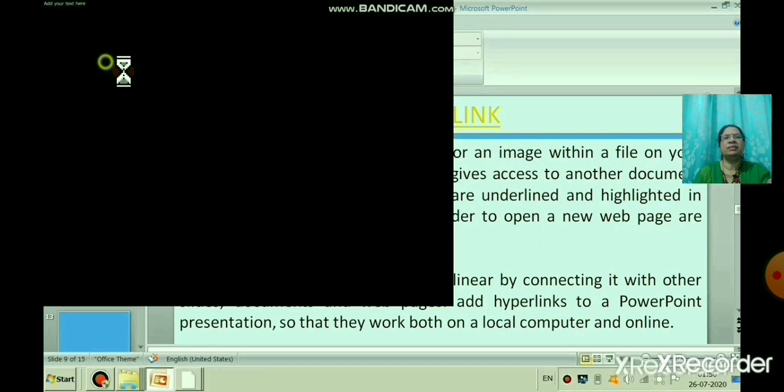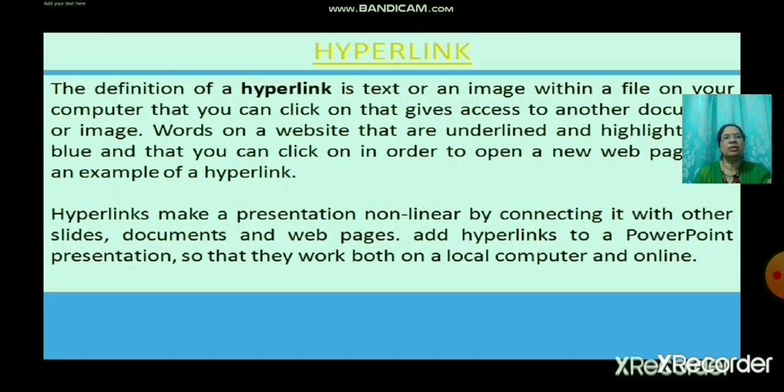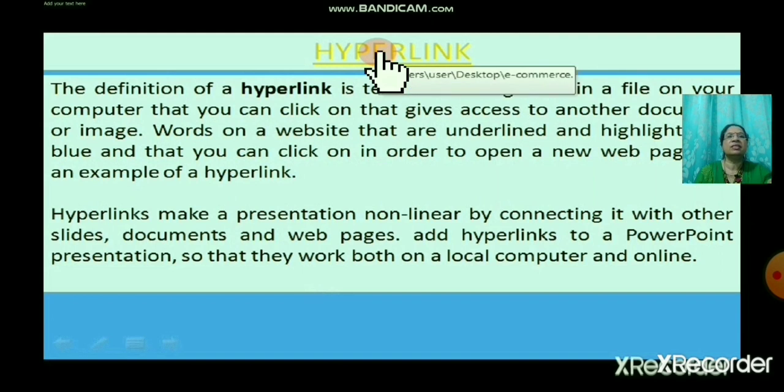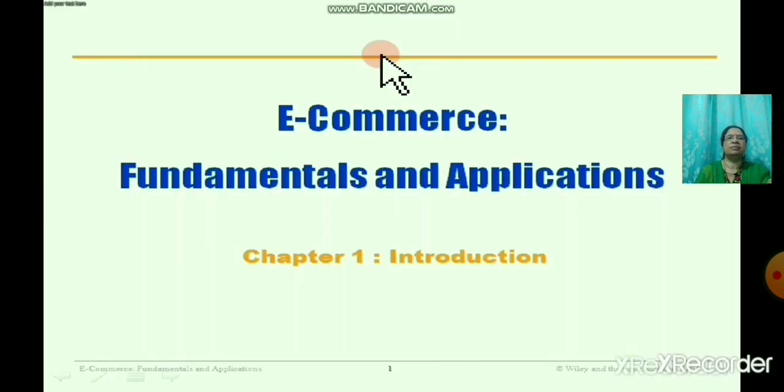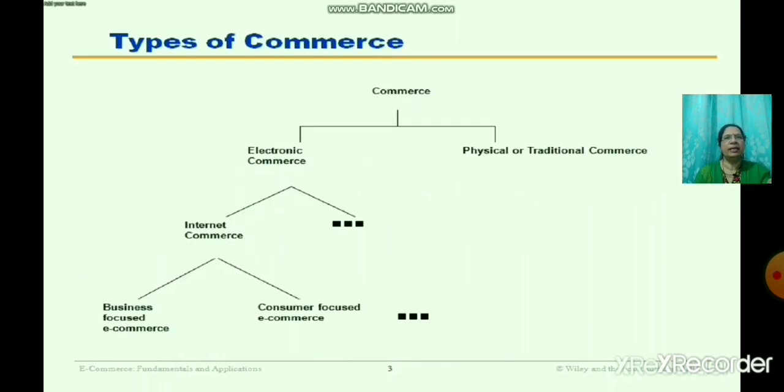So like in the web page, right, now we will go to the presentation mode and we will see here. So your cursor has become a hand now. That means some file is hidden over there, right. So I will just click there and I will open the CEO file. This file I have added with the help of a hyperlink, right.